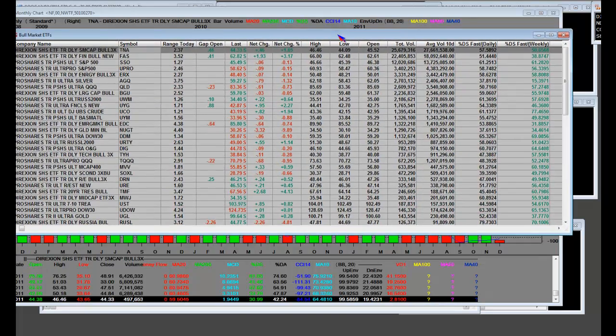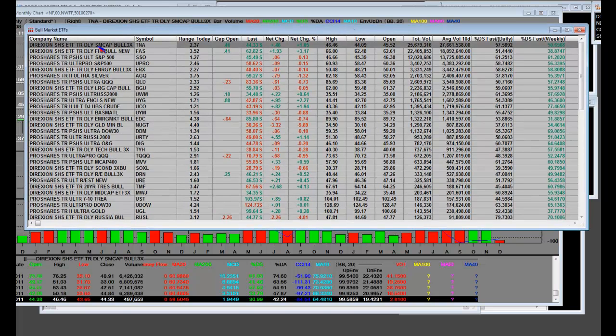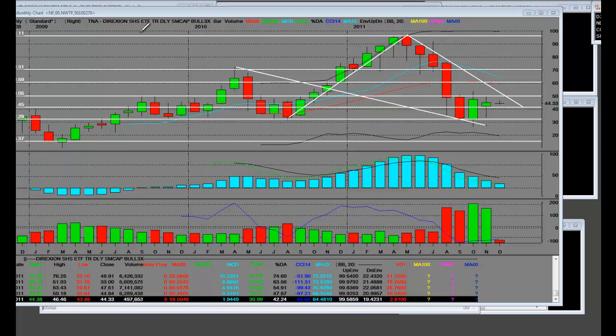Today, we would like to present to our MMTs the monthly bull charts. By the total volume, there's 10-day volume, and if they're overbought and oversold in that column, but most importantly is what is the range of these bulls and where are they at, and how do we tell the story between both bull and bear. We're going to start with the TNA, small cap bull 3X,